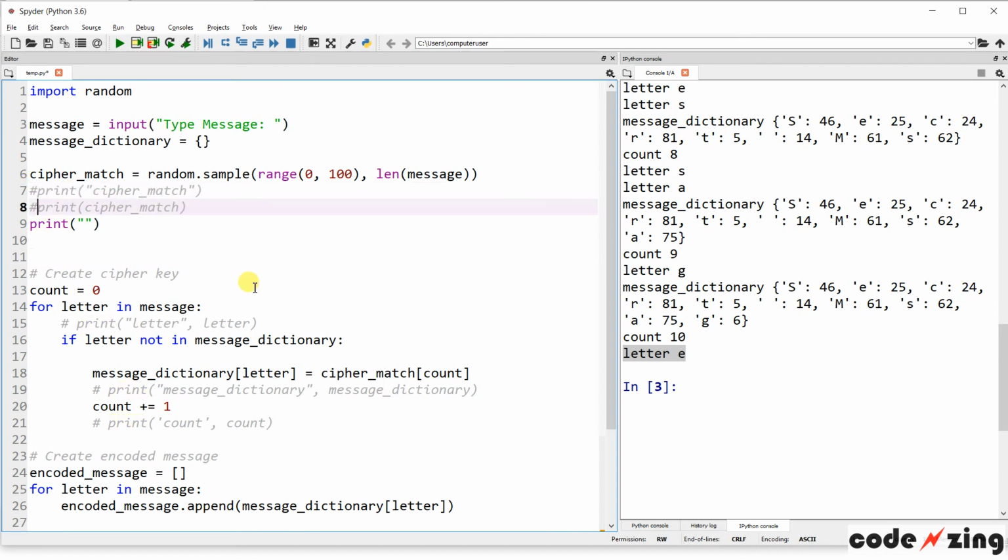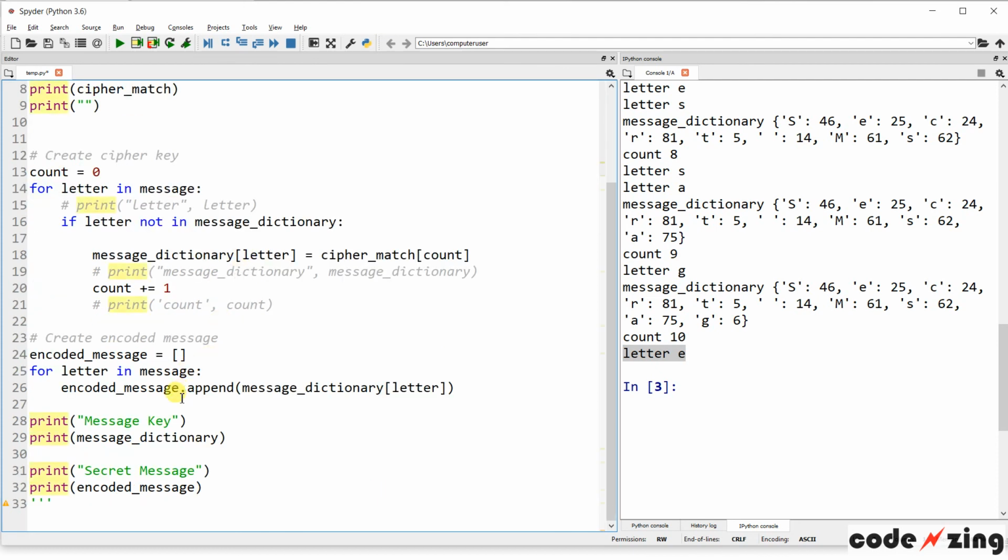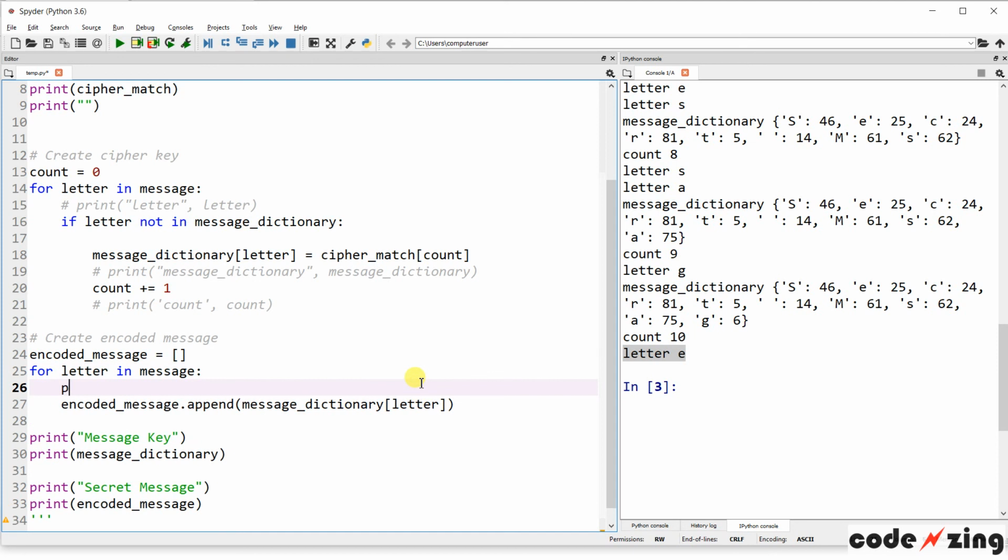And we can get rid of, well, I guess we might want cipher match so we can see what it's doing. We might even want the message dictionary; it's going to show us that anyway. So let's just run it. We got encoded message. It's starting out as a blank list, and you can see we're going to append the matches. So let's see, print